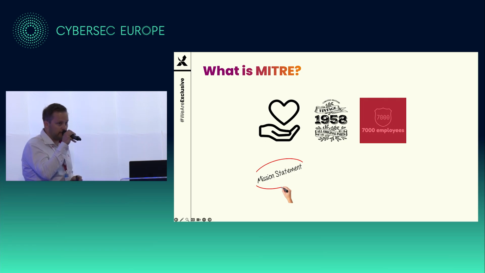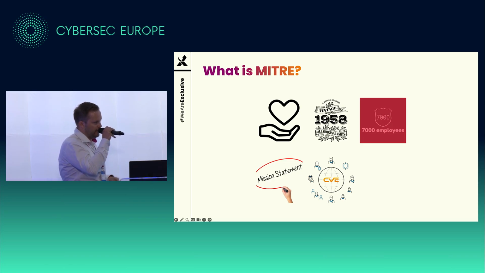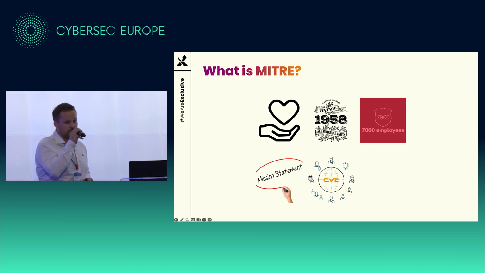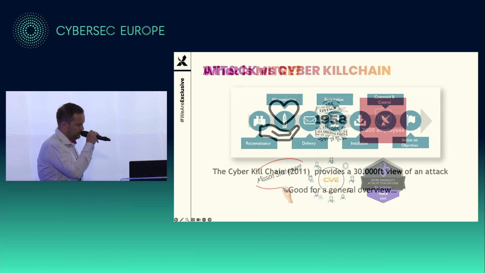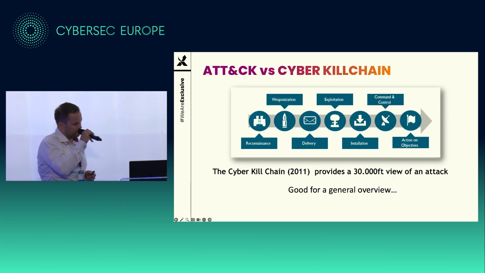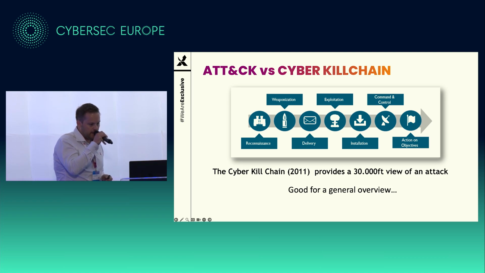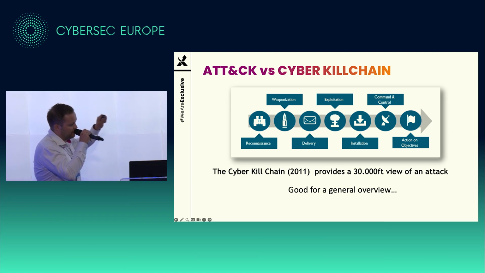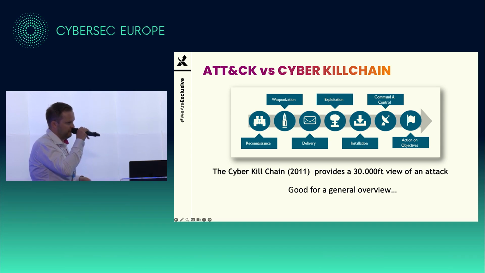We know them from the attack framework, but also from the CVE database. Every vulnerability that gets disclosed will get a CVE ID, and it will be published on their database. They also test every EDR out there, or every good EDR. They do a lot of testing on that, and they publish those results, and it's vendor agnostic. So an organization that brings a lot of good information to the cybersecurity space. But at one point they said we need something new, because we had the cyber kill chain from Lockheed Martin, but that's already from 2011. And this is good for a general overview, but it's not good enough if you want to have an advanced look at what happened and how we can see or enforce our defenses.